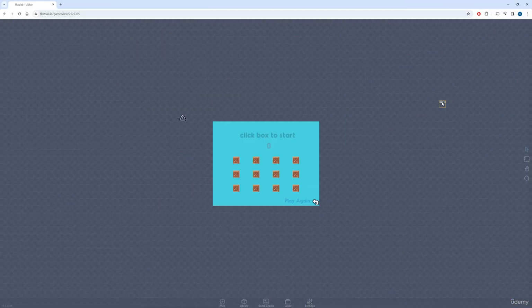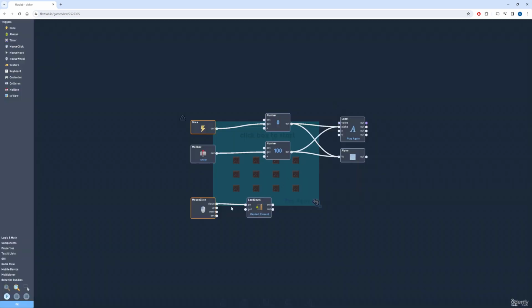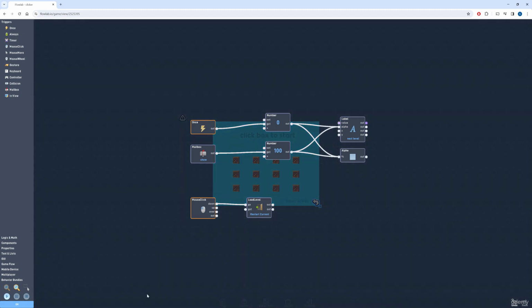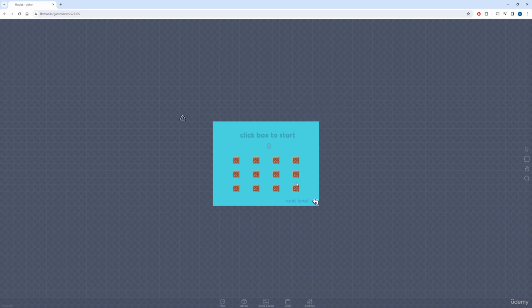Questions that I get asked is, how do I make multiple levels? Okay, so let's do that. So we've got here play again, but let's change this to next level, okay? So instead of play again, we got next level. Okay, go okay. And then restart current, we haven't actually made yet, so we need to go back out, go